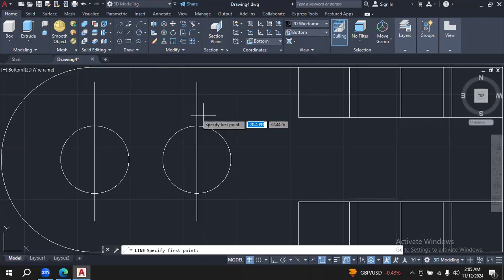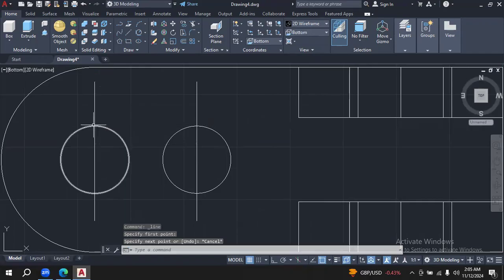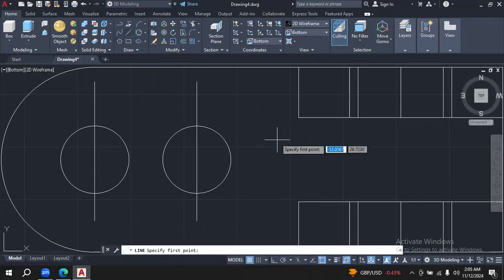And now let's try it again. Intersection. No. Last try, minus 72, tab 22,